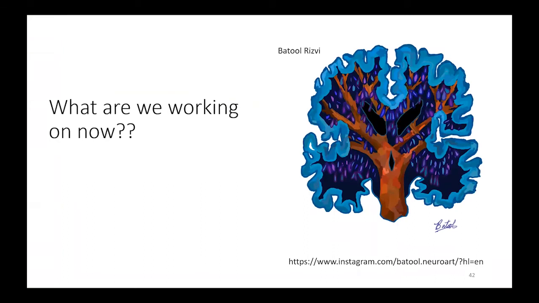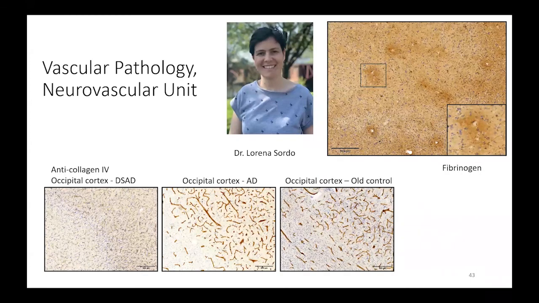We've got some really fun projects going on, and I'm just putting up a picture drawn by another graduate student at UCI. Her name is Batul Rizvi. She's an incredible artist, and so I use her artwork everywhere I can, with permission. She does this beautiful artwork in neuroscience. And we have a couple of really fun projects where we're trying to really dig into this vascular story and inflammation story and put these stories all together, because we're using the same set of autopsy cases for all of our work.